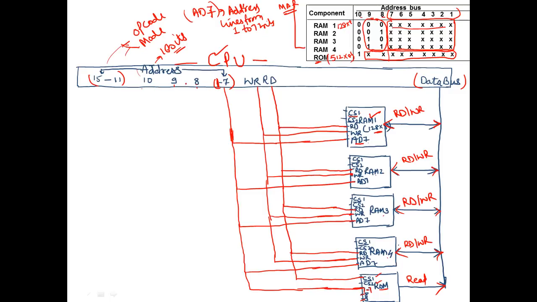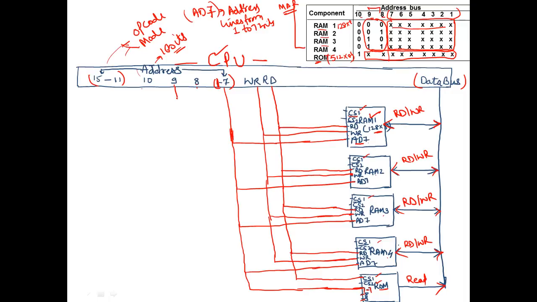Now let's discuss this 8th, ninth, and 10th bit. So this 8th and ninth, as I specified earlier as well, are just 00, 01, 10 and 11. Simplifying it means that this particular line is going to depict which RAM I am going to select. In order to select the RAM, the control signal is CS1.